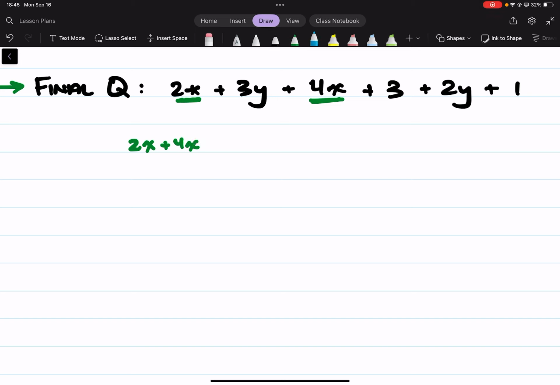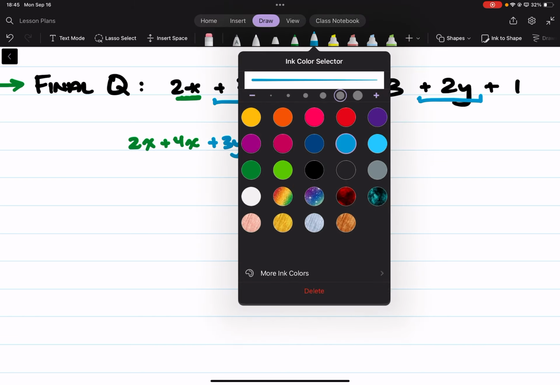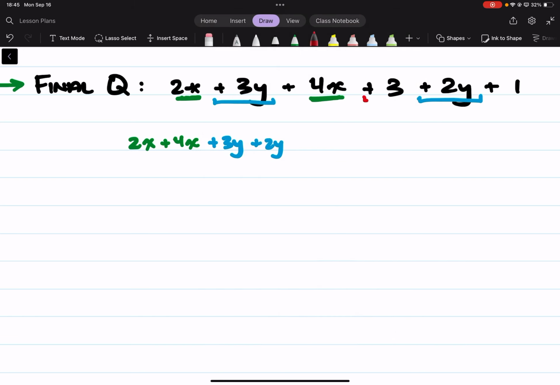But usually I wouldn't even be too hasty about it. I would actually go and look for all the other variables first and then put them in order. So the next one right here is 3y, and it's plus 3y. So then I'm going to add that. And then let me look for another y first. Oh, right here, plus 2y. So then plus 2y. And then finally, I have, let's use a different color just to really drive this point home. So plus 3,